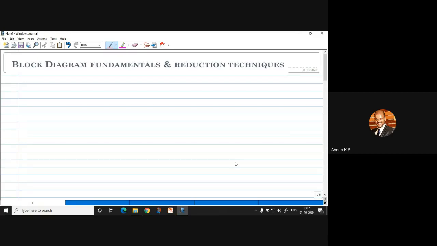So everyone may think, what does it mean? What is a block diagram? In a simple way, if any given system is complicated, I will take an example and I will discuss how to write a block diagram. So for any complicated system that is difficult to analyze, we will take up a transfer function approach. I always specify this term,